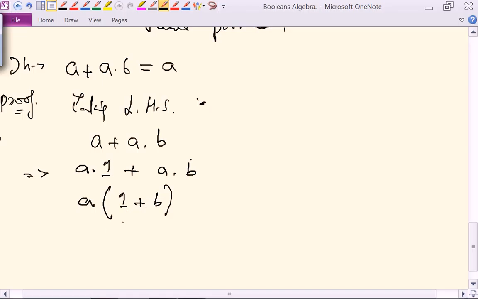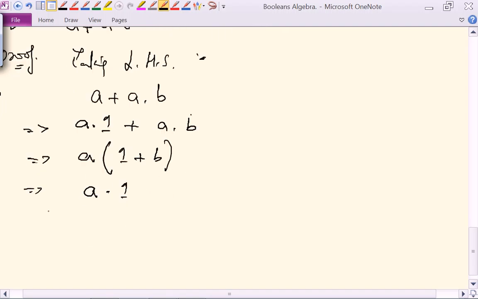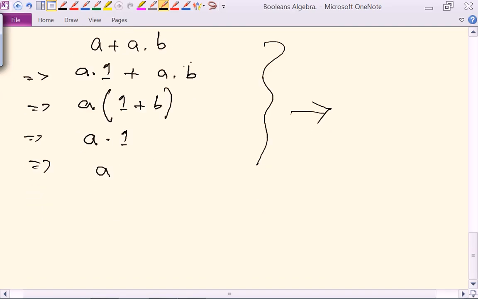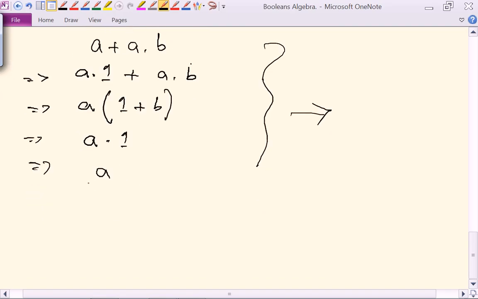So what is A into 1 or B equal to? That is A and 1. What is A and 1 equal to? That is equal to A. Give reasons for what I have given in the above parts. Give those reasons here. Okay, how we can get it. You got it or not? So we got it. So let's do the next theorem,